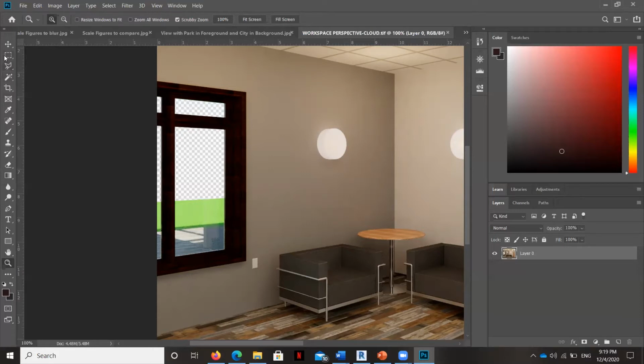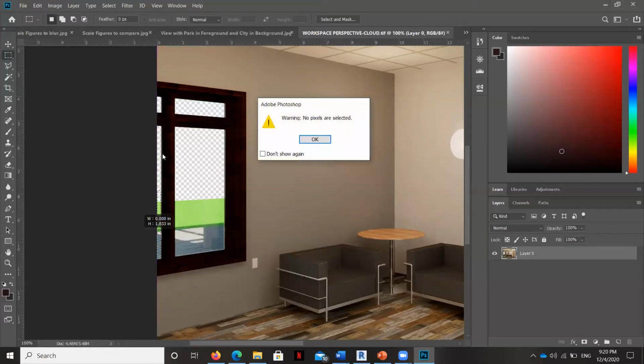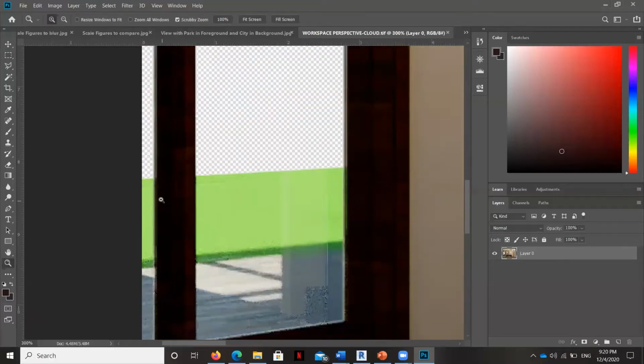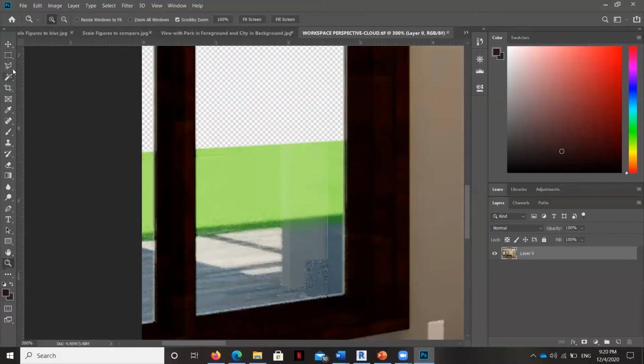image in the background. So first, to begin, I'm just going to use the rectangular marquee tool, and I actually want to come in here and grab all the rest of this window, but you can see this window is in perspective, so the bottom is not square. So what we're going to have to use instead is a different tool. Let's go ahead and zoom in, and we're going to use the polygonal lasso tool. This allows us to grab things that are at slightly different angles or that aren't perfectly straight.